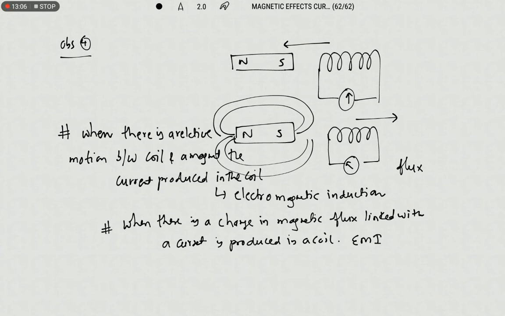Sir, what kind of current is this? Due to change in the magnetic flux, whatever current is produced in the coil is known as induced current. In the same way, the current is produced if there is a source of electricity. Whatever the source of electricity in this coil, that is known as induced EMF. Okay, this is conclusion 1.